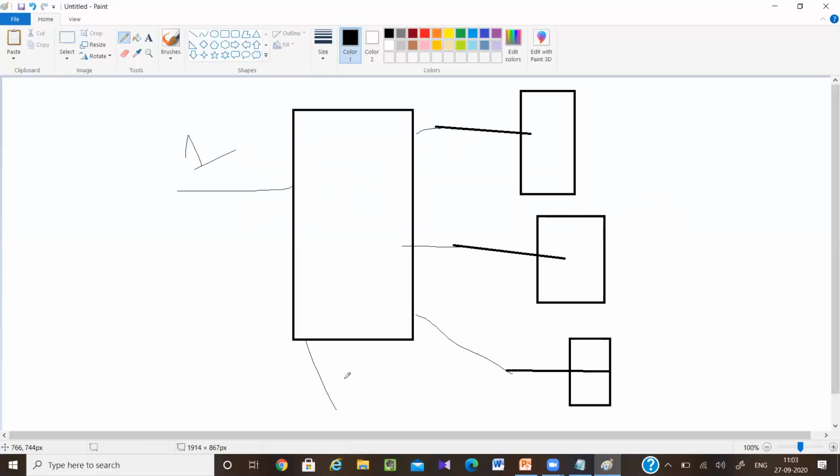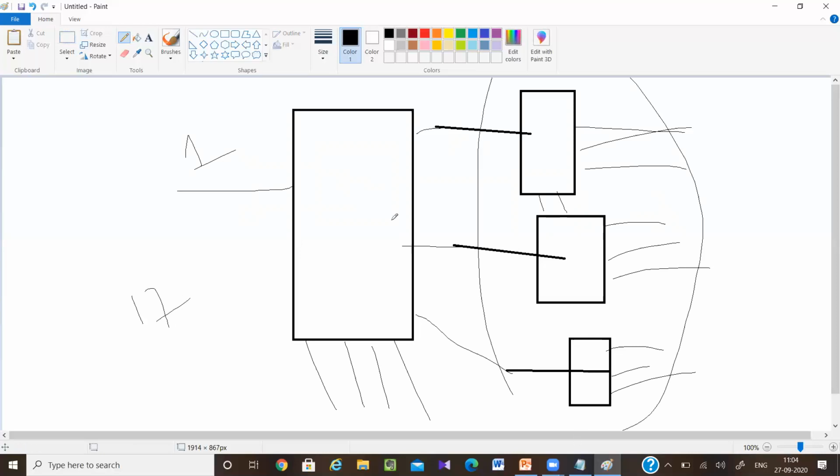Here there will be 4 selector lines, and here also there will be 4 selector lines. So here there will be 16 outputs, like this there will be 256 outputs. So here 17 demux are required. First this 16 demux, and I told you that you can control these things with a decoder, but it will be easier if you are controlling these things with a demux. So total 17 demux are required.